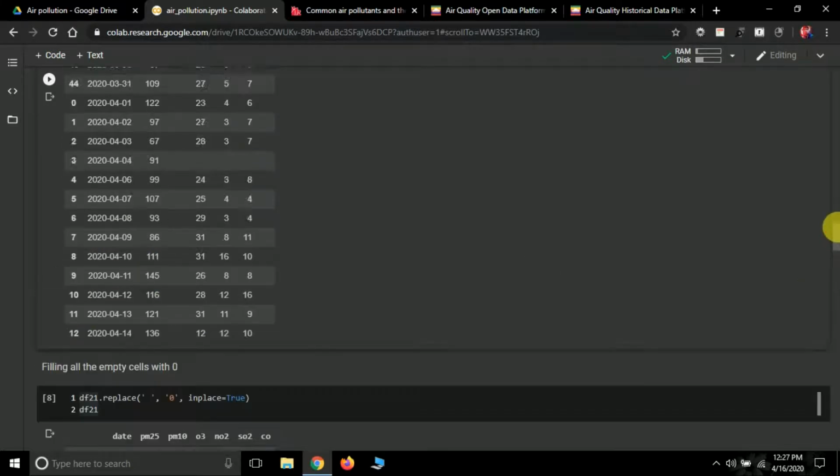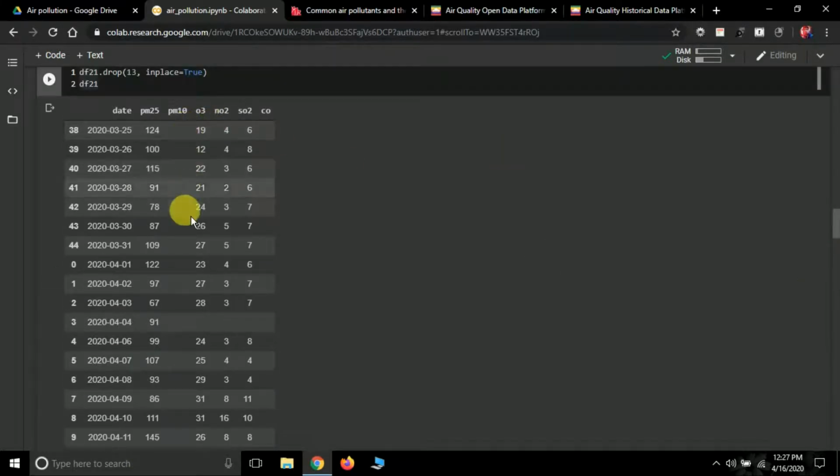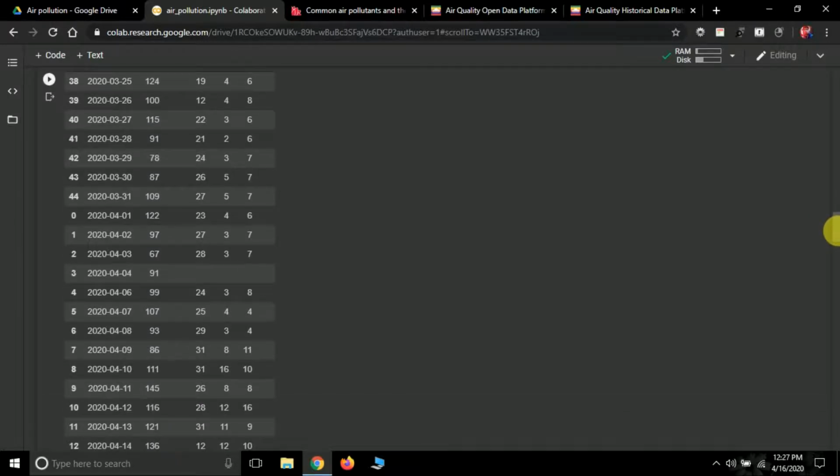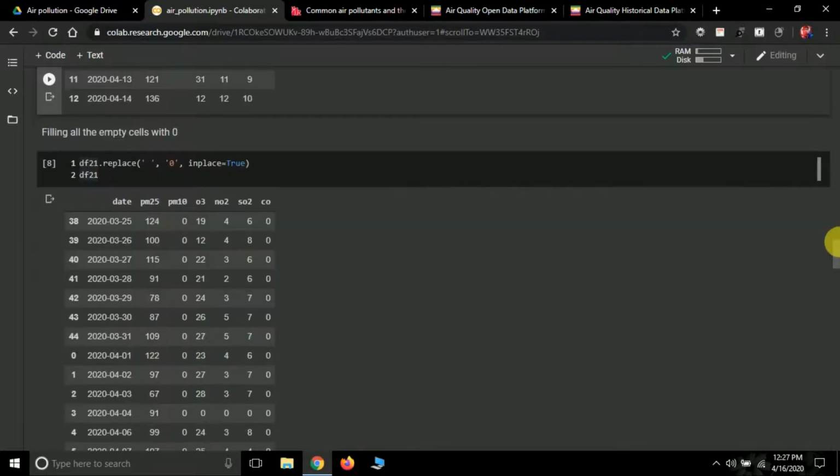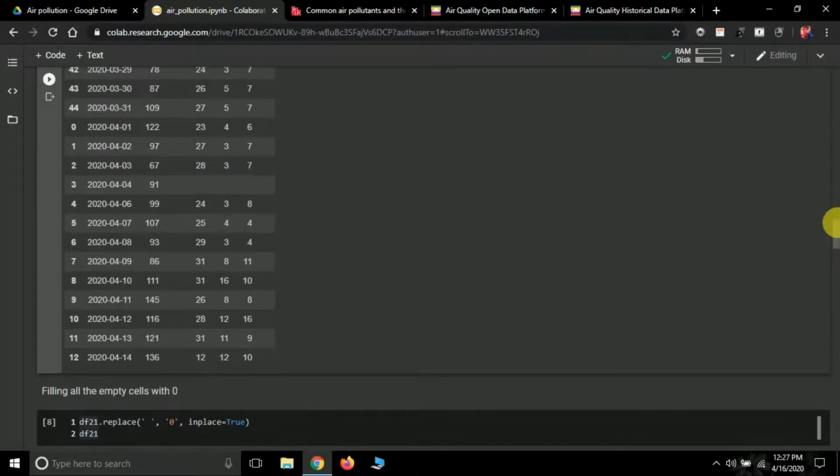Now what next we are going to do, see here, we are going to fill all these empty columns with zeros. See, these are empty, so we cannot work with empty data here. Basically it's not empty, it's an empty string, a space. If I want to add all these things, it will lead to an error because here it's a space. Also keep in mind, all these values are strings. 124 is not an integer, 100 is not an integer, all these things are strings, so we have to convert them to integers to work with them. Okay, so how can we fill all the empty cells with 0?